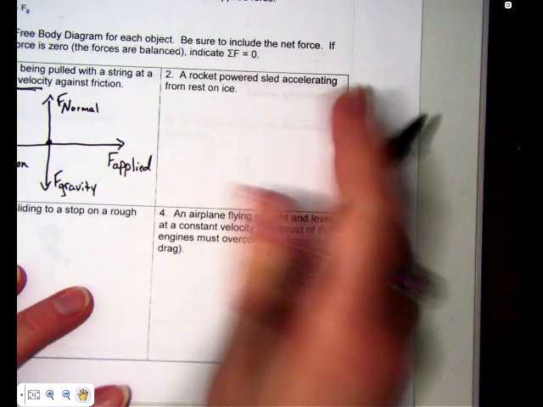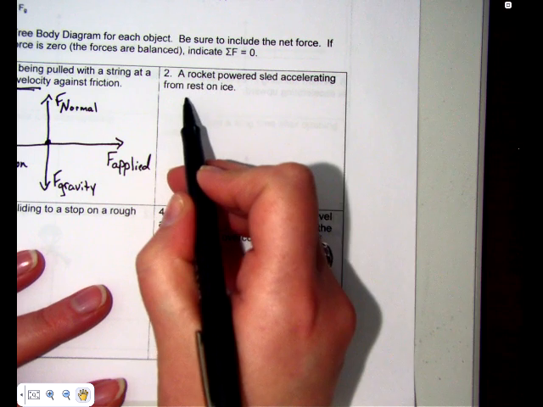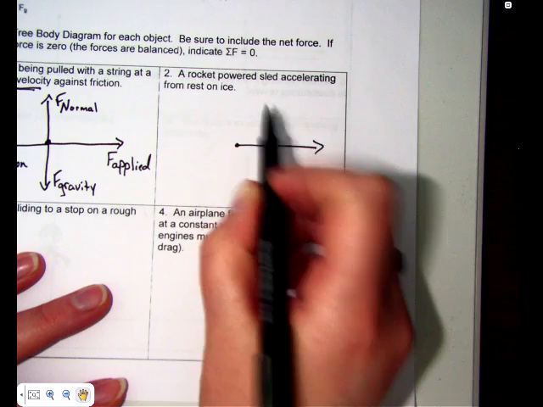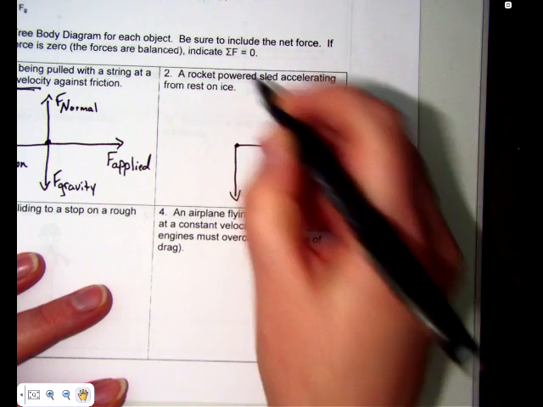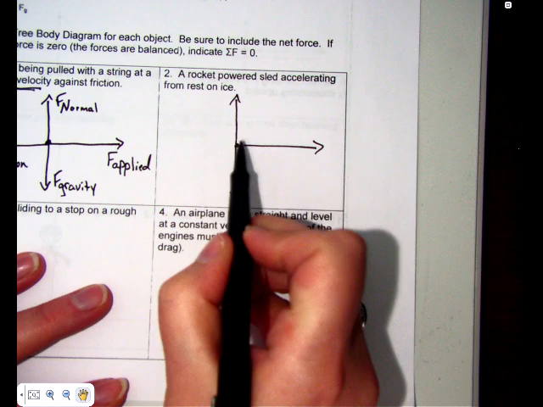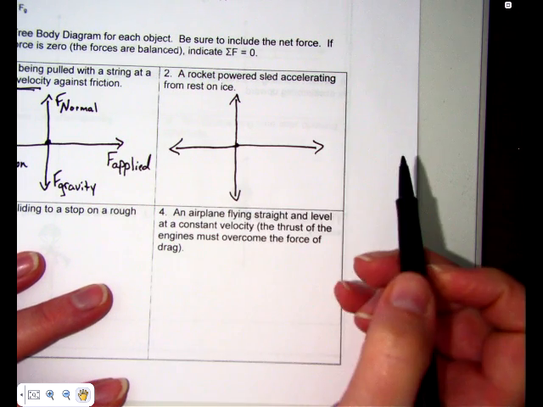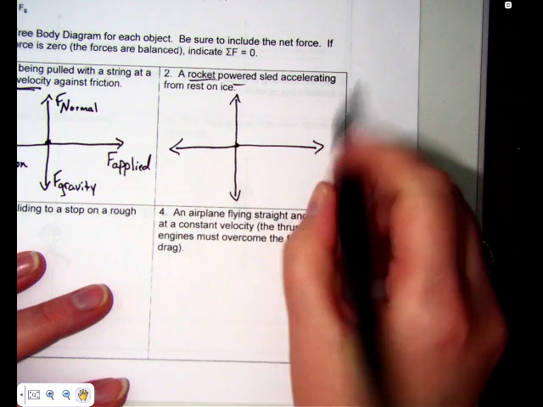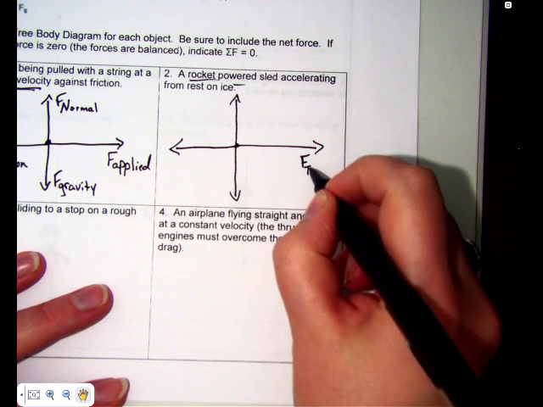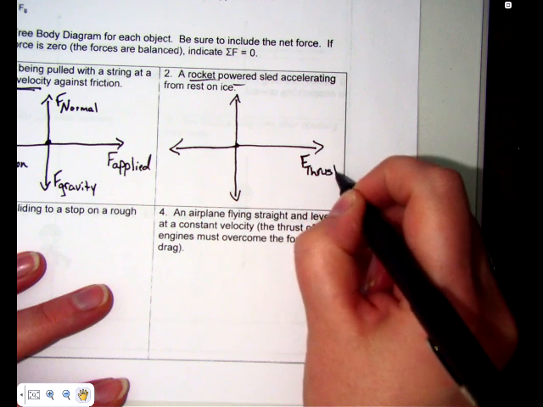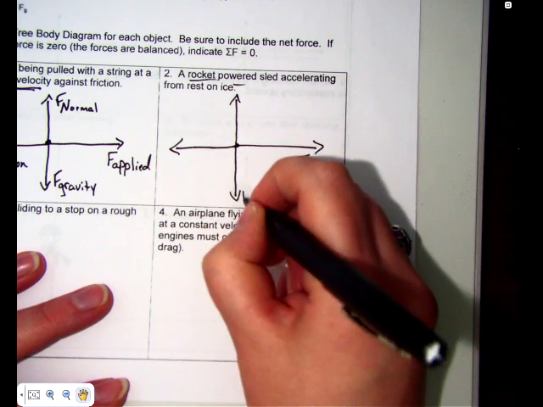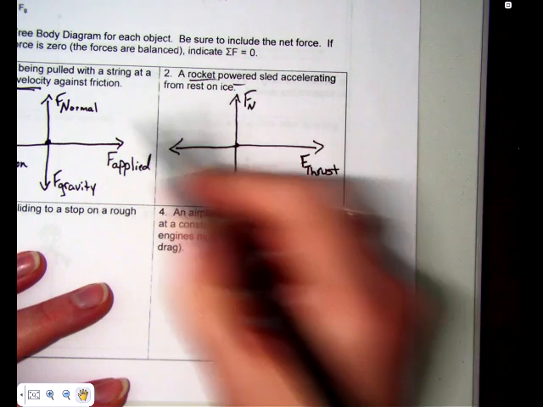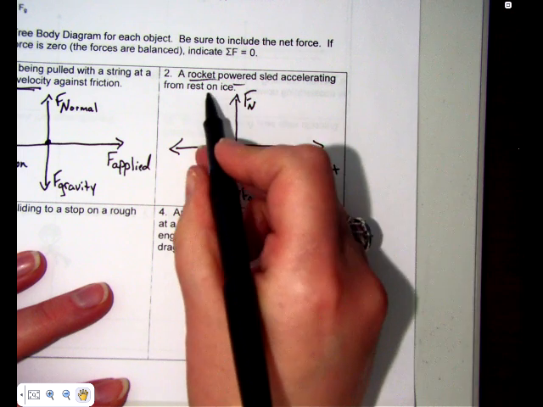Now our rocket-powered sled accelerating from rest on ice. So it's obviously got an applied force. Again, it didn't say in which direction, but now since it's rocket powered, we call that thrust, so TH. Again, that's a new one, so I'm writing it out. Force of gravity down, normal force holding it on the ground, and then the ice